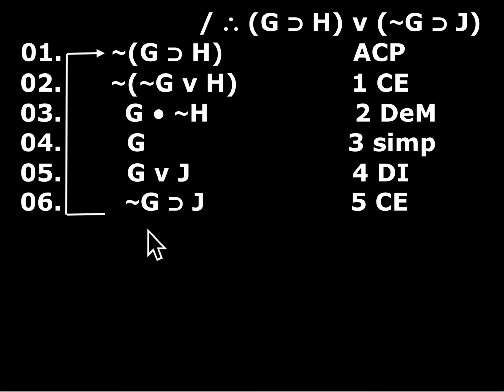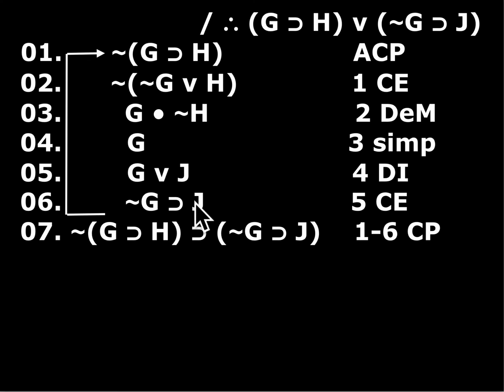And then I will get, this is a conditional proof. So it's going to be a conditional that has this antecedent and that consequent right here. Okay? Now I'm not done because this is not that, obviously. But I knew that if I could get this conditional that had this antecedent, which was the same as that antecedent, where the consequent was the negation of this disjunct,